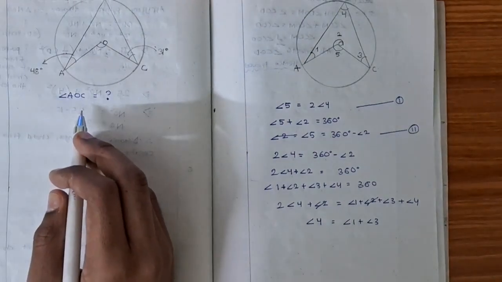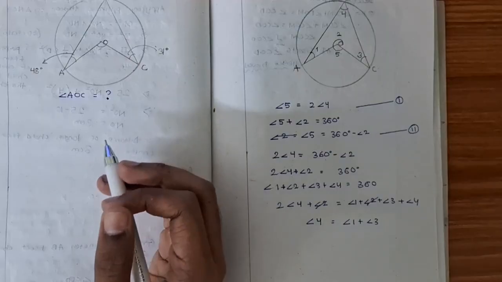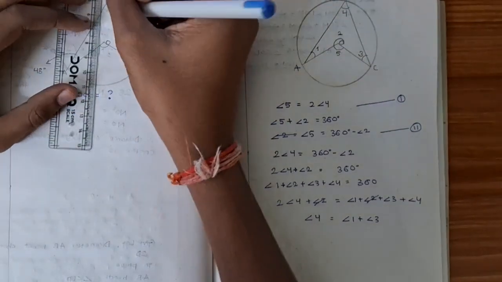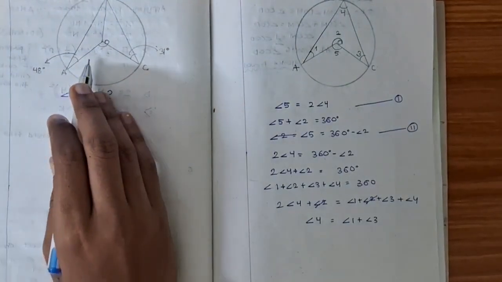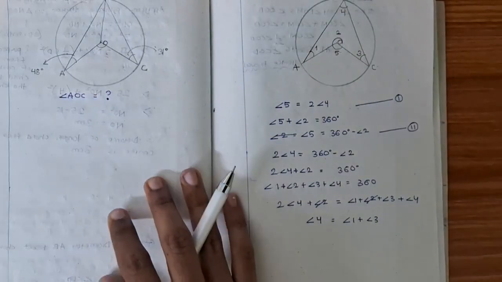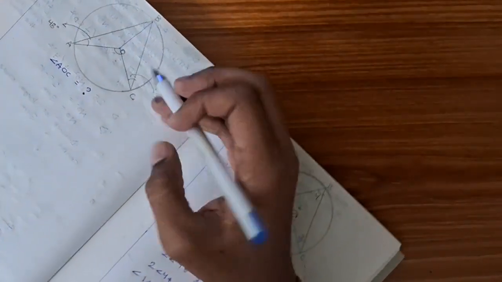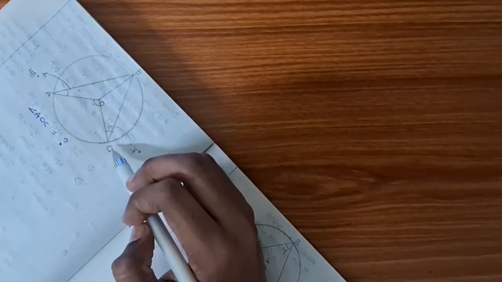So the first thing you have to do is to think of how many angles you can find. The first thing that I would do is draw a radius OB, because O is the center and from O to B I have drawn the radius. So we look at this triangle first. This is forming a triangle OBC.